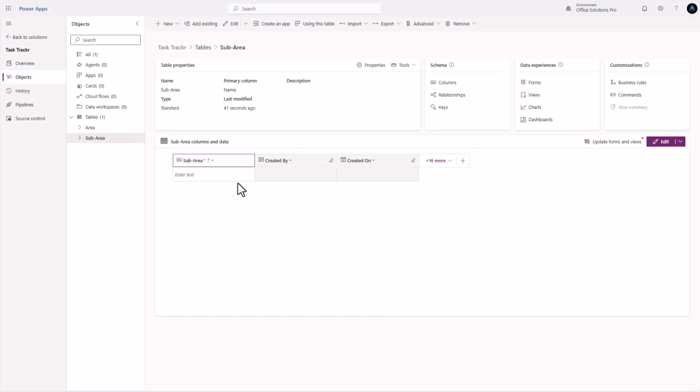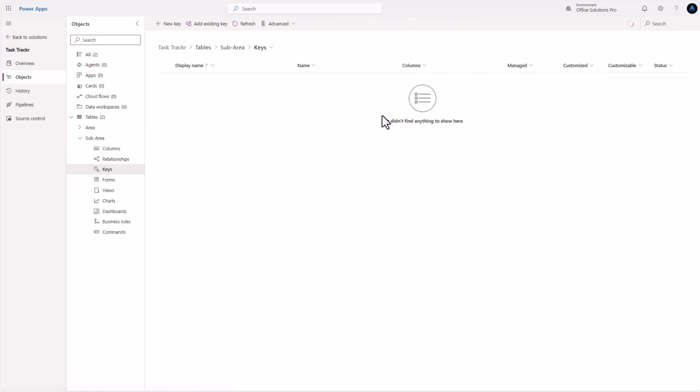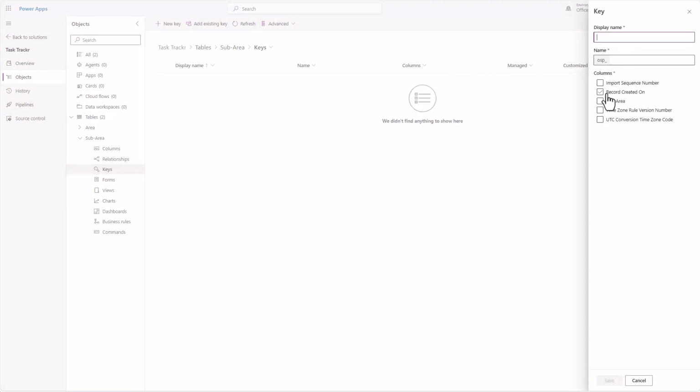Now, one adjustment we might want to do is we might not want to have any duplicates in here. There are a couple different ways you can handle duplicate detection. The one I usually go with is using keys, but with this particular setup, we're actually a little limited on our options. And let me explain this for a second. So if we hit new key, we have the option of selecting the sub area. But